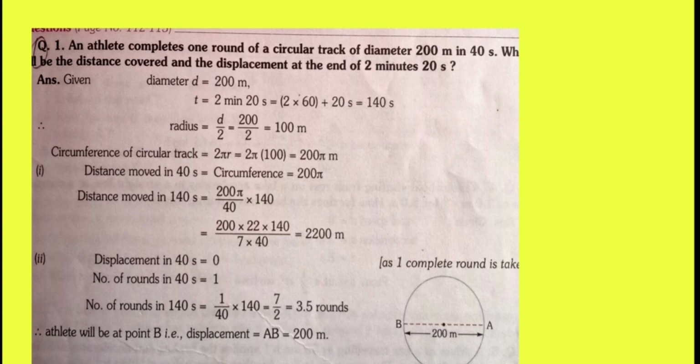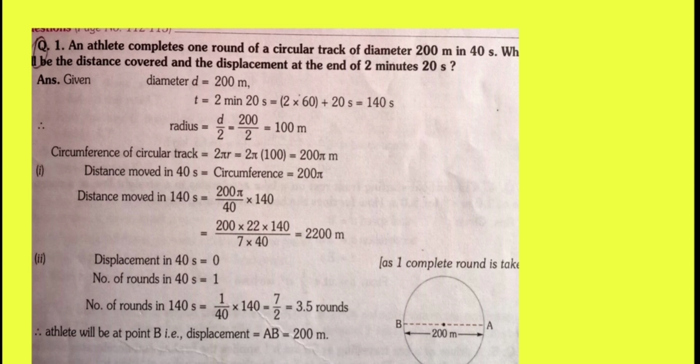Whenever there is a numerical problem given, the first thing you are going to write is all the given quantities. You will write down all the given quantities and then check whether they are in the proper units so that you can do further calculation. Since it's a circular track, they have given the diameter, which is 200 meter. We represent diameter by small letter d and the value is 200 meter. If the diameter is 200 meters, then we can calculate the radius, which is half of diameter, and it is 100 meters.